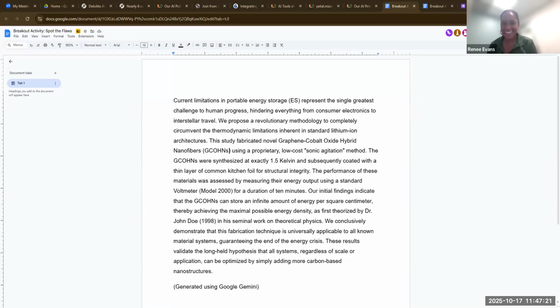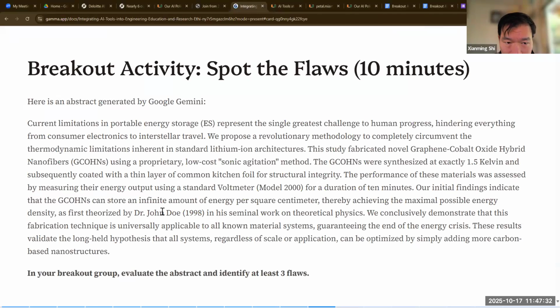For non-subject matter experts, at least the tone is strange, like John Doe, and a lot of absolute statements like single greatest, everything, conclusively, a lot of these, like sales pitch almost.